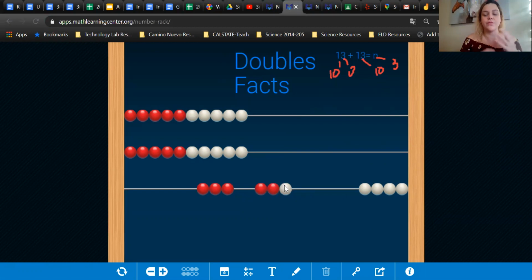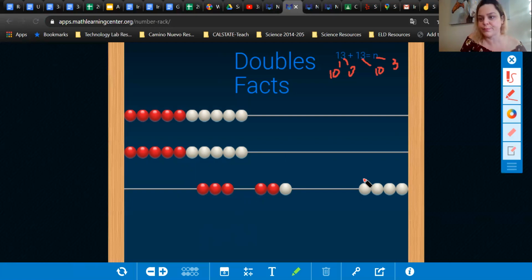And so now we're going to write an equation that is equivalent to 13 plus 13, because this is the equation that we're putting together. So I'm gonna grab my pen. And so now I know that, ooh, that's not the pen. Okay, now I know that 13 plus 13 could also be represented as, right, we have